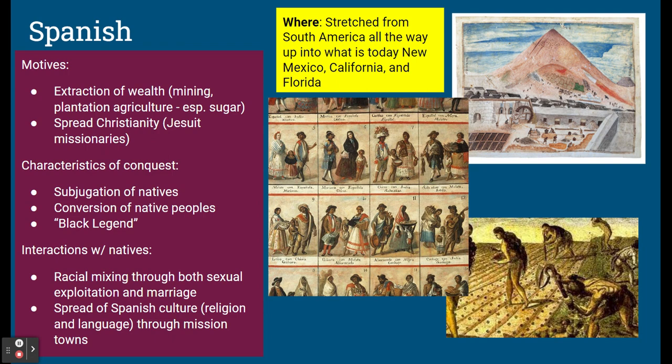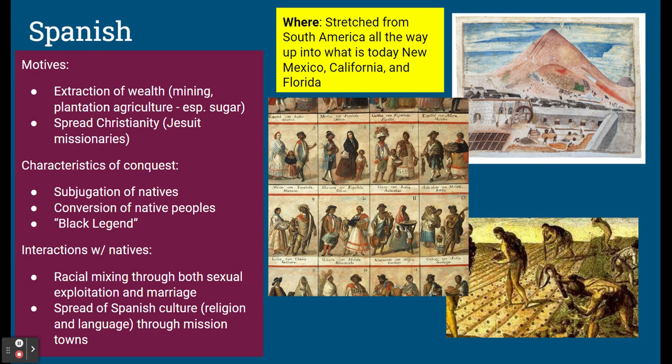One other motive, of course, and we mentioned this in the last video, was the spread of Christianity because of the Catholic Counter-Reformation in response to the Protestant Reformation. The Catholic Church had new orders of priests like the Franciscans and the Jesuits, whose main purpose was this kind of missionary impetus to go out and convert more people to the Catholic faith. And as I said in my last video, this is a really good guise to cover more avaricious motives like extracting wealth. It's a really good way to say, hey, look, we're just doing this to benefit the peoples there. We're trying to convert them to Christianity and save them from, in the Christian belief, the fiery domain of hell.